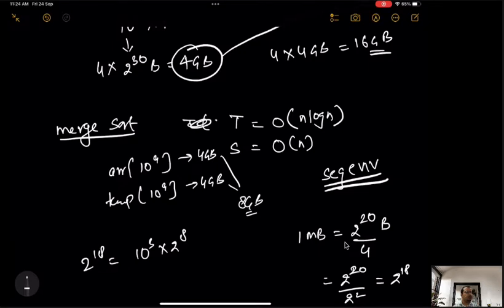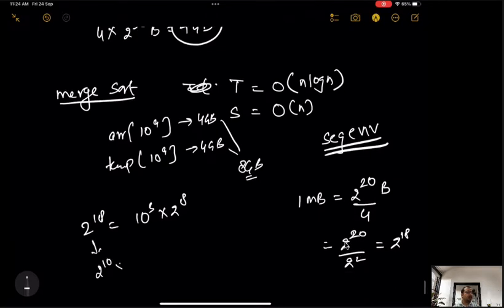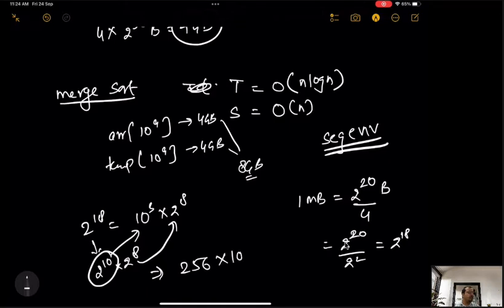How? Just write it down like this, and this is equivalent to 10 to the power 3 and this is the same. So what is this? 256 into 1000. That is, the effective size of an array cannot be larger than this if 1 MB of RAM is available in my online programming.